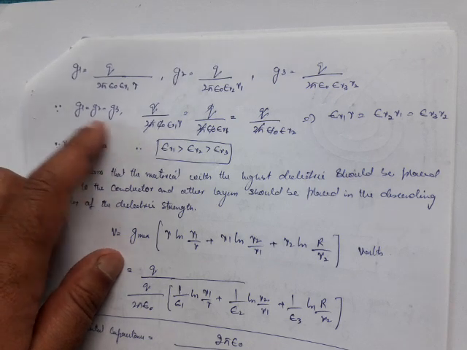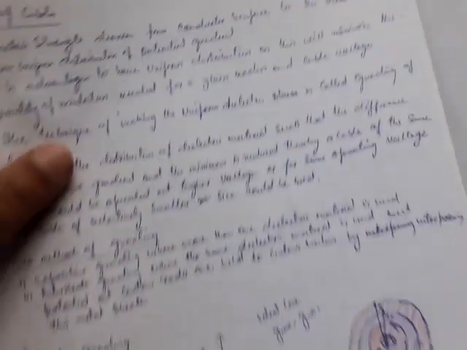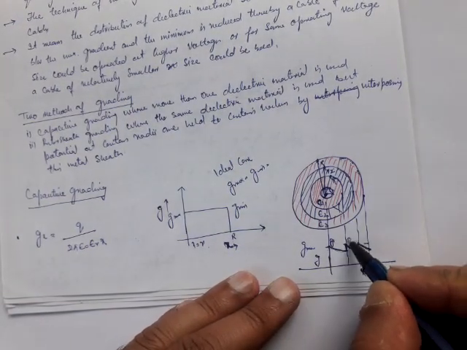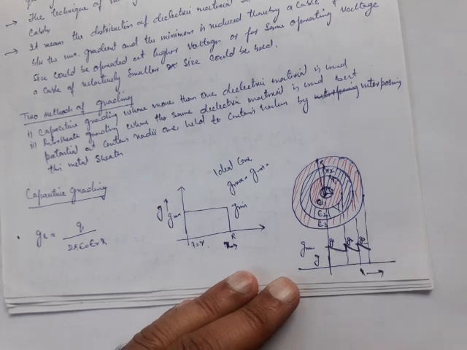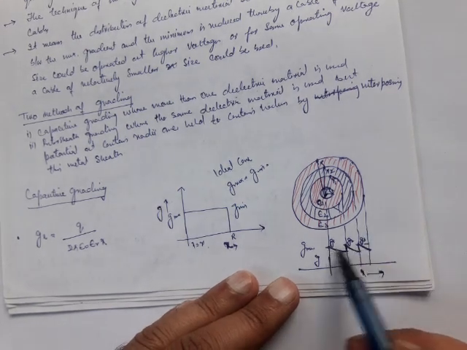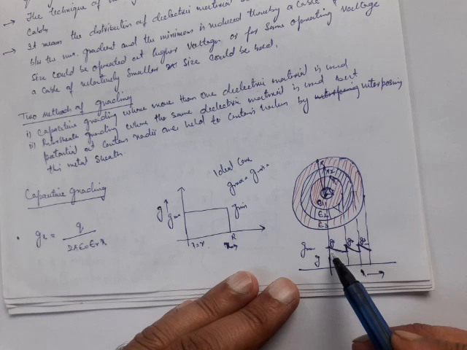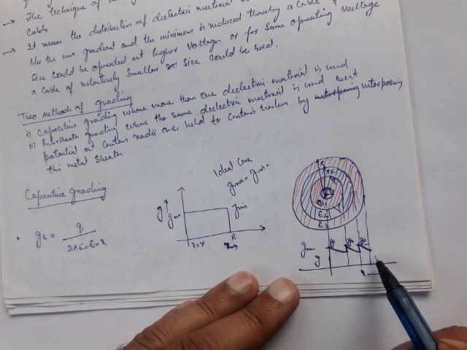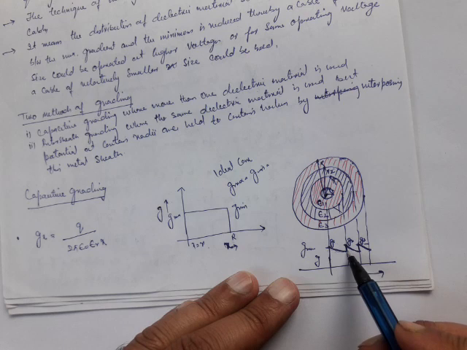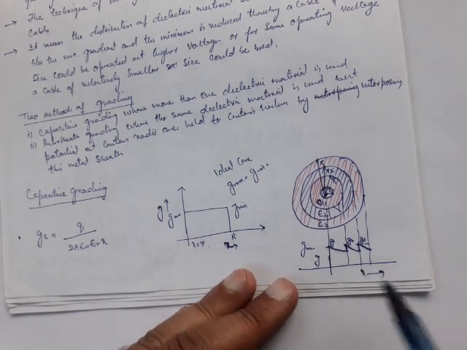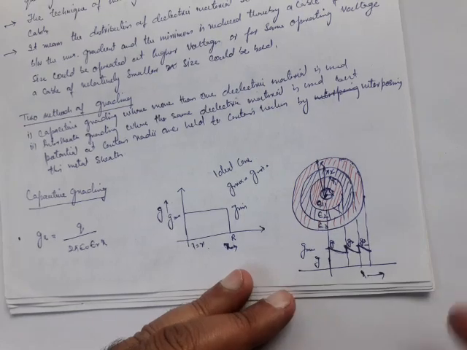When the maximum values of the three materials should be equal, this curve will be like this, because this is actually G1, this is G2, and this is G3. This should be equal. When this is equal, you will see that this distribution will be, or we can say the minimum value of this will not go beyond this. Since it has abruptly increased to this, after that it will slightly decrease and it will come to this point. It will not go to the actual minimum, or we can say actual minimum will be this point. So the difference of the Gmax and Gmin has been decreased.